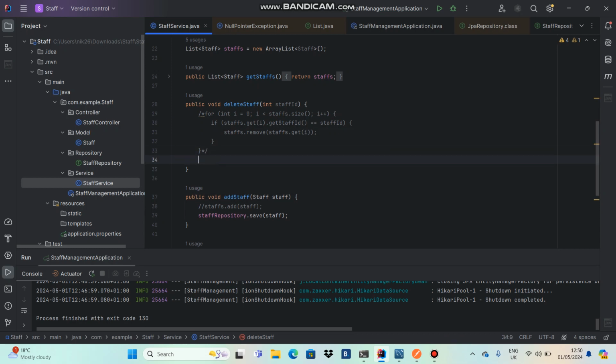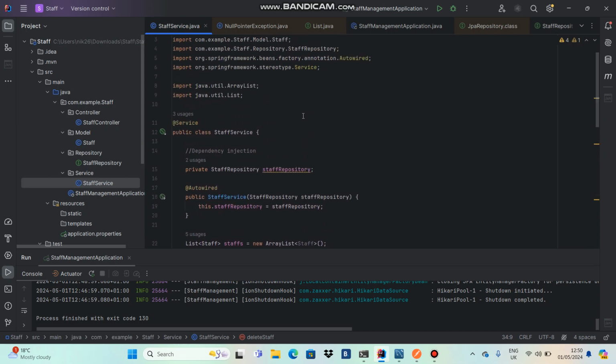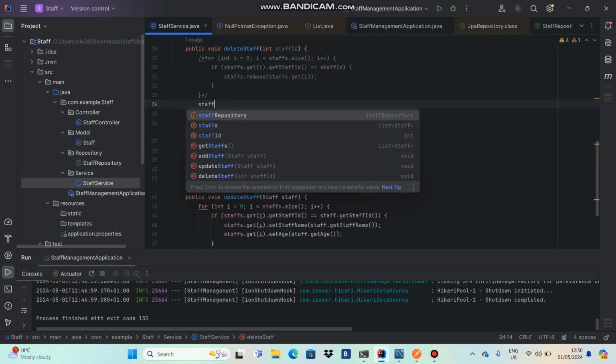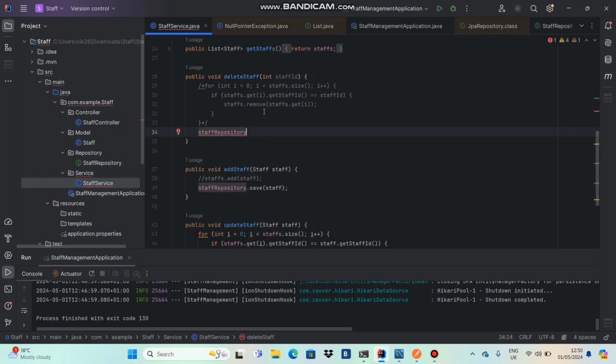So for that I'm going to use the staff repository, right, that I have created in this class as a variable. So I will call the staff repository, and I'm going to call a method. Which method I'm going to call is, I'm going to pass an ID, right? The staff ID is my primary key in the table that I have mentioned when I created the table. So I'm going to delete using the staff ID, because that is the flow, right? Even when I'm deleting it from the staff's list, I'm using the staff ID and I'm finding the particular object with the particular staff ID, and I'm removing the object. The same way, I'm going to remove that record from the database using the staff ID,